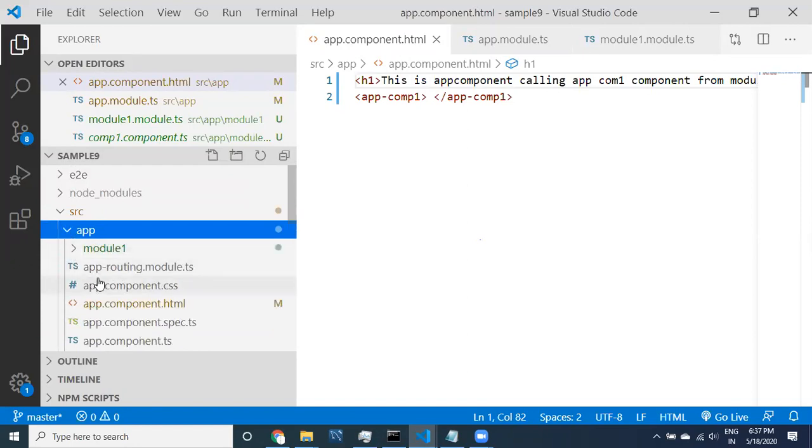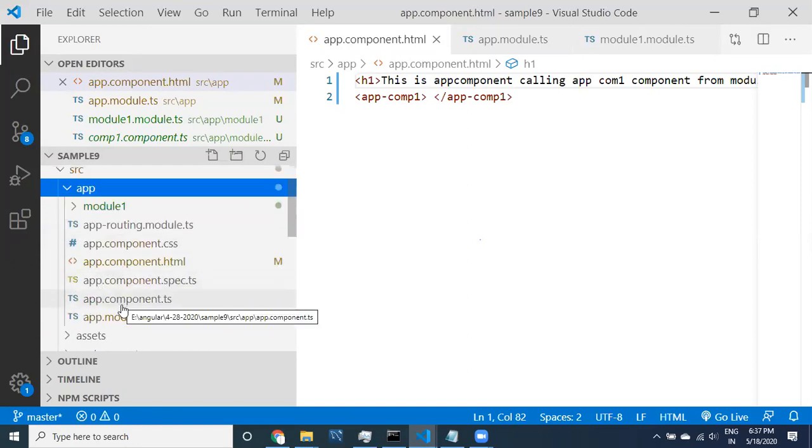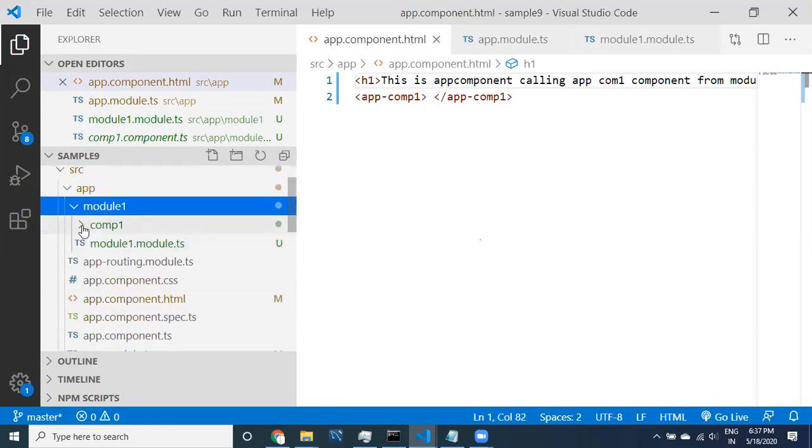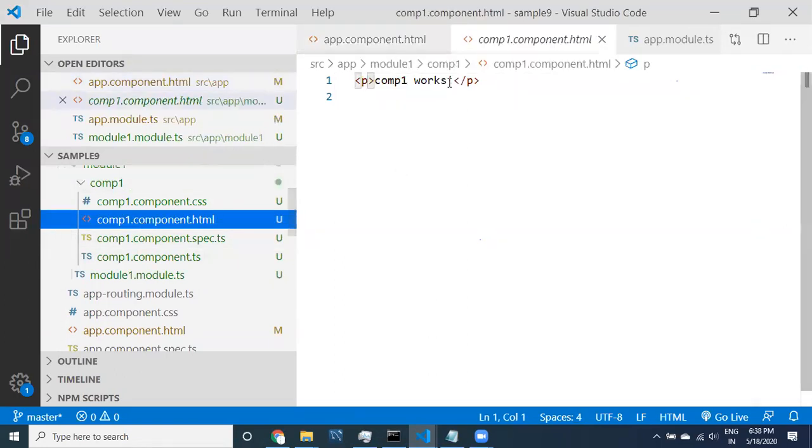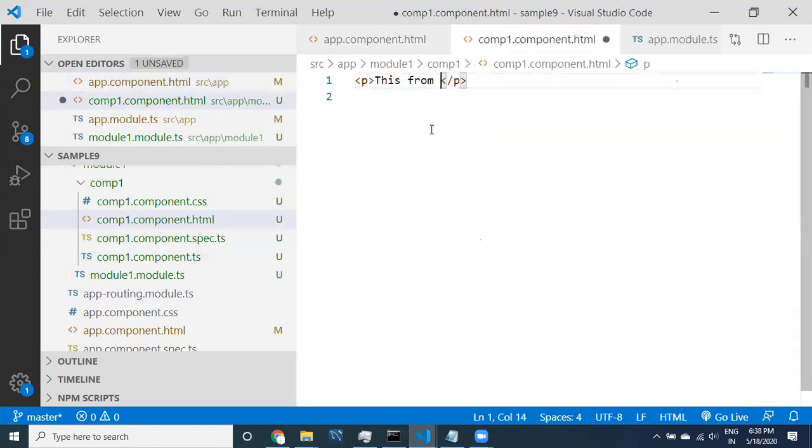Go to app 1. Inside the module 1, comp 1 is available. If you go to HTML, here I want to change it: this component is from module 1.